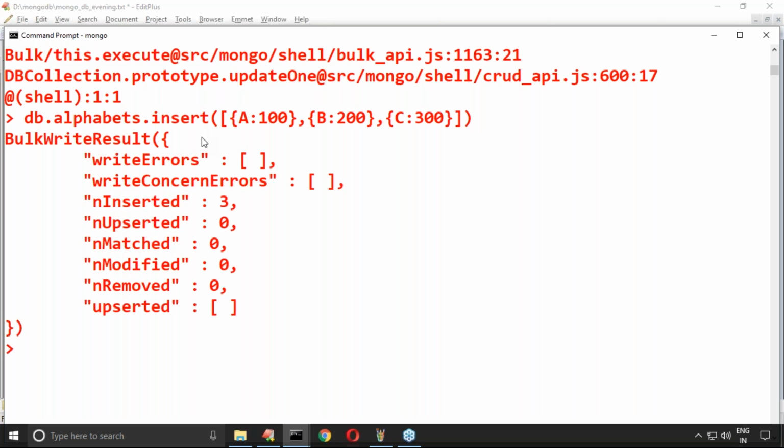Enter. Have you observed? Write errors, nothing. Write concern errors, nothing. Can you please read this point once? Read this one. Everyone, can you please type? I want to hear the word from your mouth. Please type. Forget everything else, only this one. Write